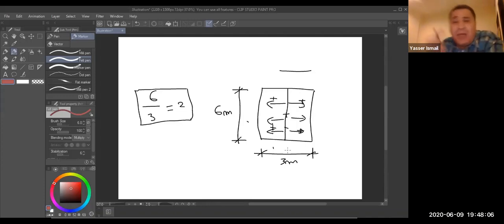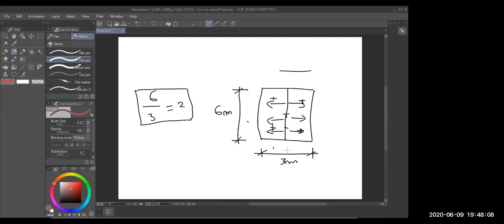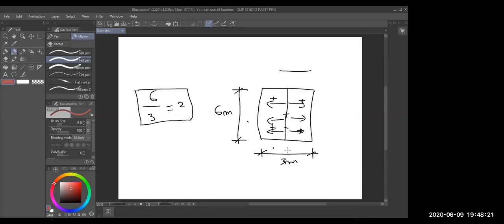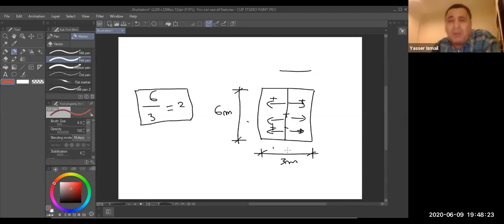So that means you have to know the root path of loads. How the loads transfer from a particular element until they reach the ground floor. This is what we call the effect of loads on a structure system.